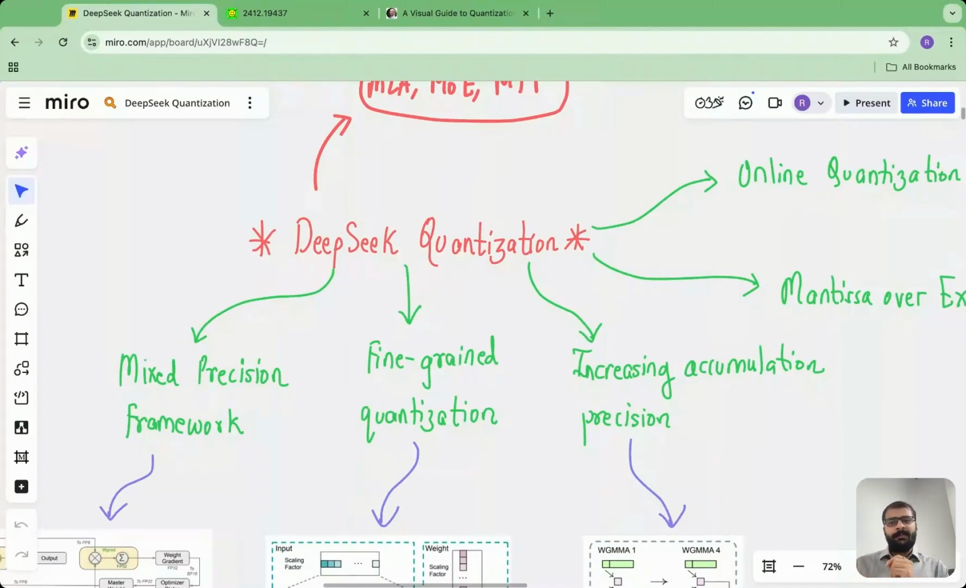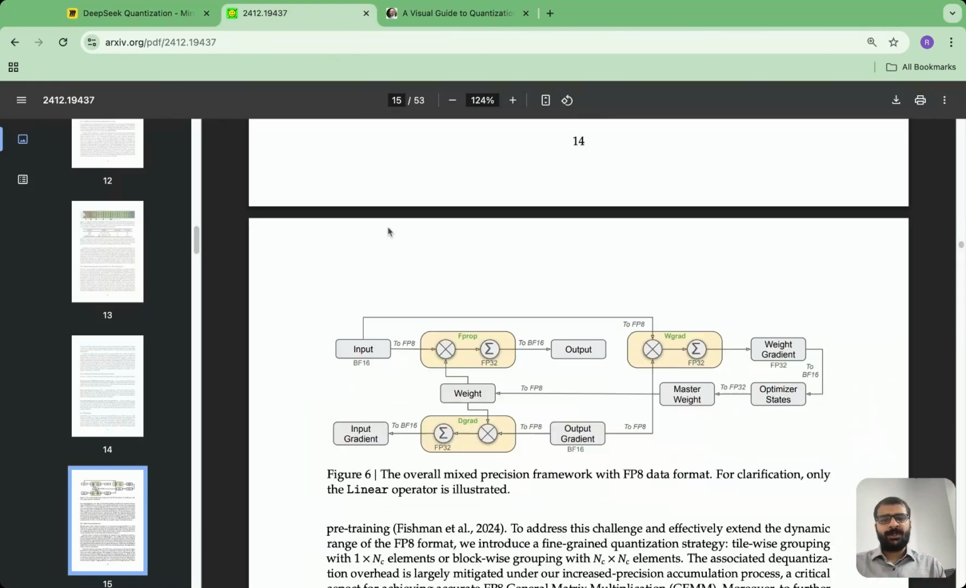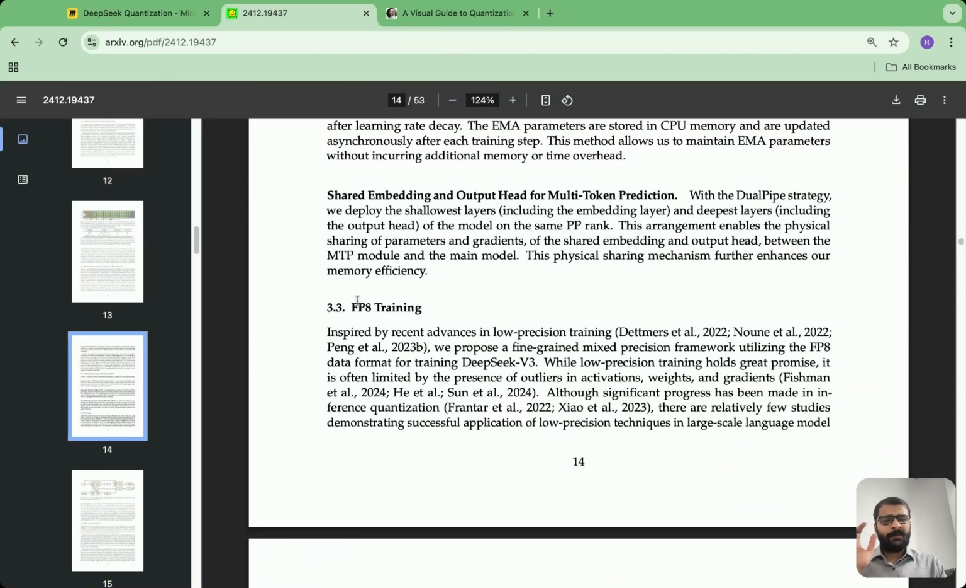This lecture in the Build DeepSeek from Scratch series. Today, we are going to start understanding the quantization methods which DeepSeek actually implemented in their version 3 report. So, if you look at the DeepSeek version 3 technical report PDF, they have a section called FP8 training, or